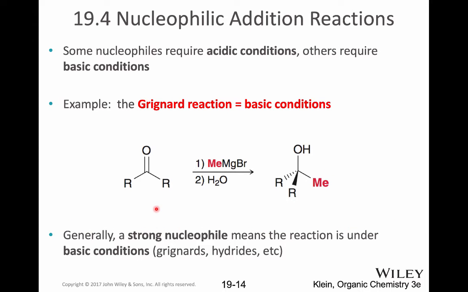Now, when you do these nucleophilic addition reactions, these reactions occur under one of two conditions. We call them either acidic conditions or basic conditions. So let's go over what it means to run a reaction under basic conditions. An example of doing a nucleophilic addition under basic conditions is the Grignard reagent. So remember, when you see the Grignard reagent, you recognize it, and really what you want to be thinking of is the carbanion. And because this is negatively charged, we think of this as being basic. So when we say basic conditions, this is really also referring to negatively